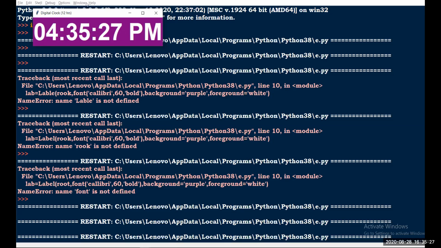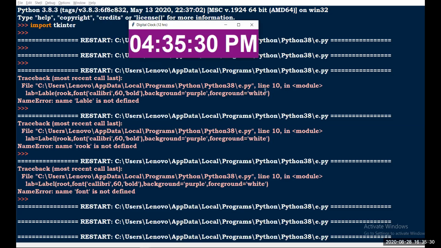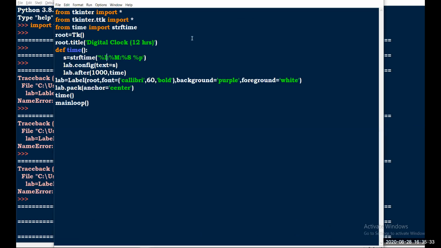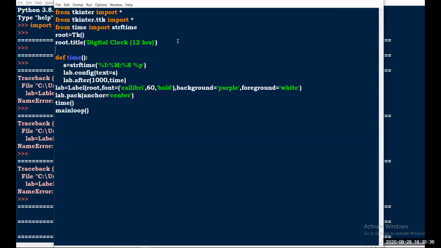If you want to increase the window size, you need to specify it here. Just give root dot geometry. Then after that you need to specify the width and height.